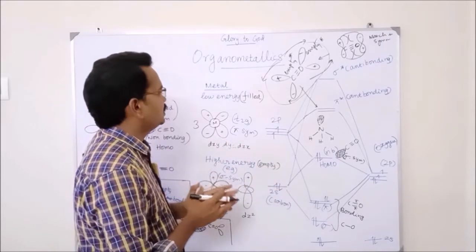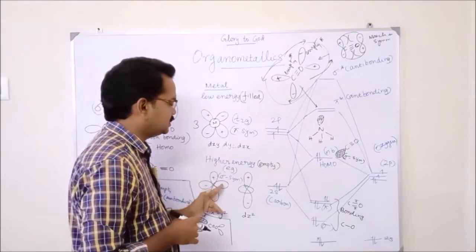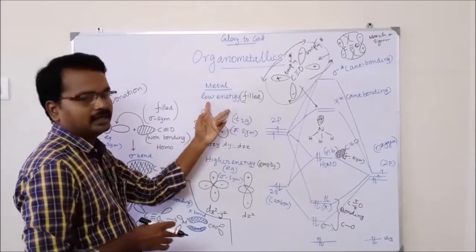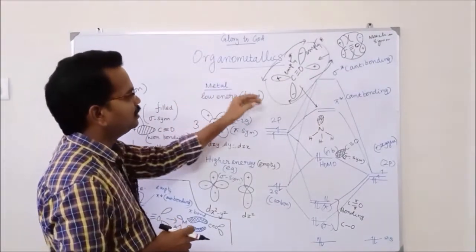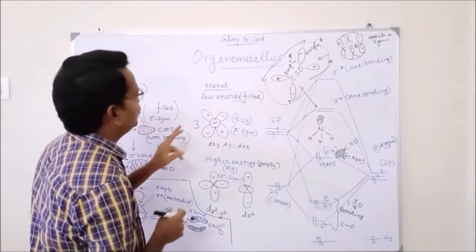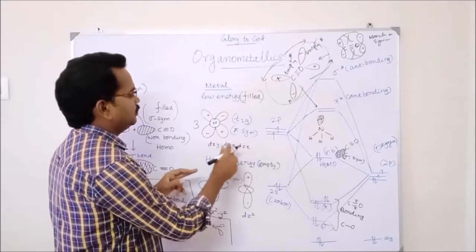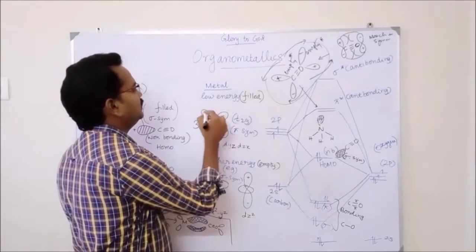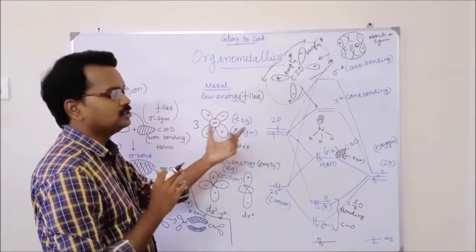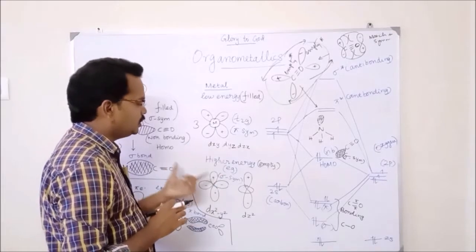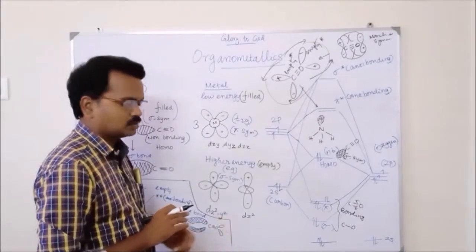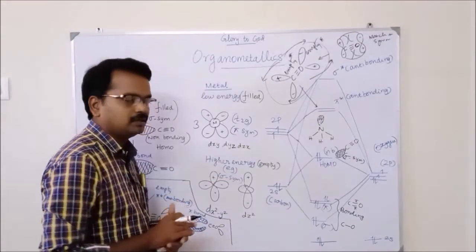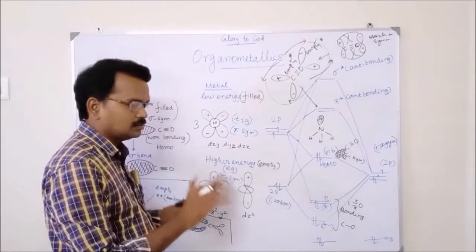Among the two sets, one set is called T2g, another set is called Eg. You know that. The T2g set of orbitals always lie in the lower energy, and they are always filled. That is dxy, dzx, and dyz. These are called T2g symmetric orbitals, and these are always termed as filled in nature, and they are pi symmetric in nature. Then the remaining two orbitals are dx square minus y square and dz square. These are called higher energy orbitals, and these are sometimes called Eg orbitals, and these surely possess sigma symmetry.